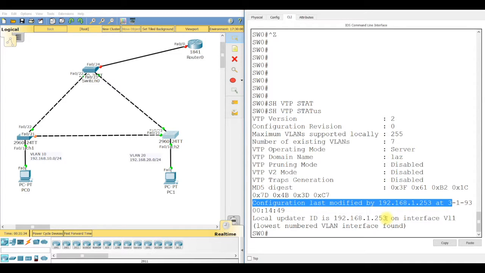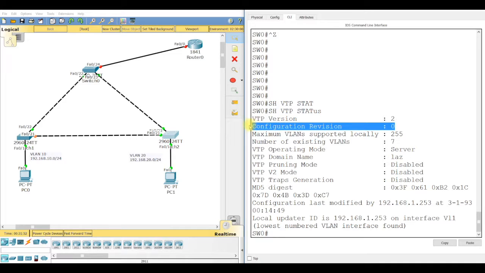If you're doing MD5 or traps, or you do any kind of pruning or shaping of your traffic, you can do this. You can put passwords on here. You can see how many VLANs are supported. You can see the version of VTP that you're using. That's fine. But the important thing you need to focus on: the configuration revision number,